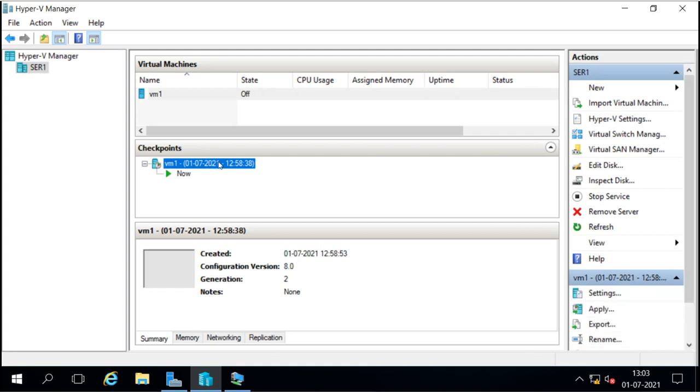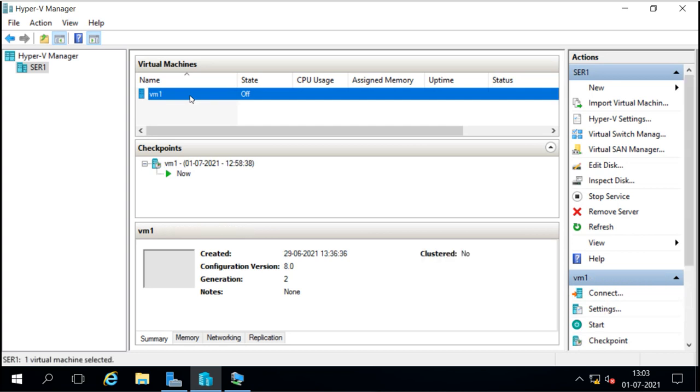Now you see the current status is off, the machine is not running, because the checkpoint we took is actually a production checkpoint. A production checkpoint cannot use the running status. So even if the machine was running, it will take the checkpoint as an off state, and we have to start the machine now. It will take everything, but it will not take the running state. So if any application was running at the time of taking the checkpoint, the running state will be removed. The application will be there, but the running status will not.